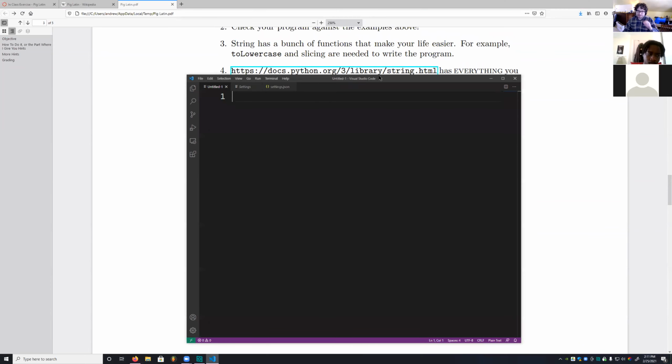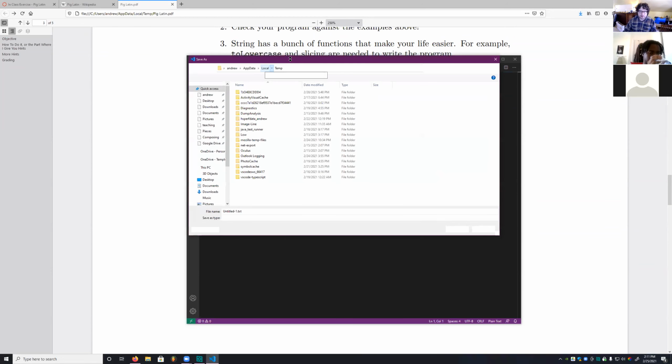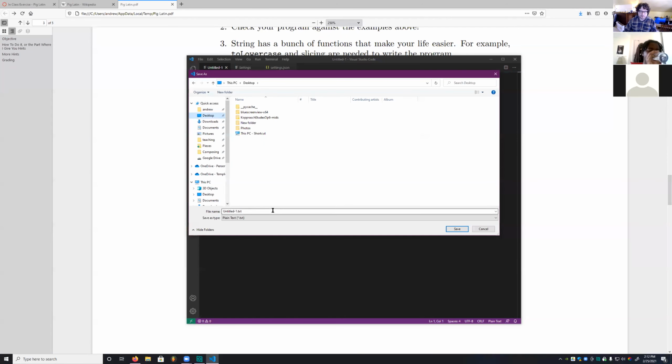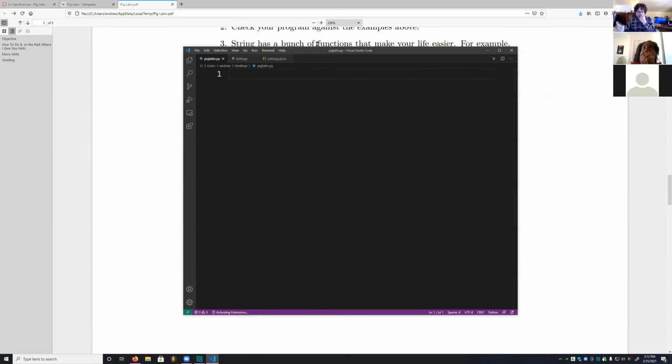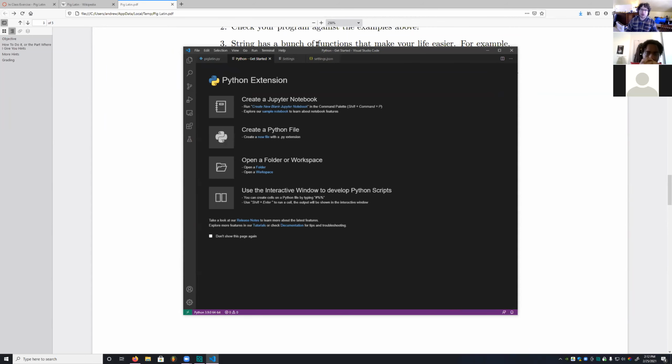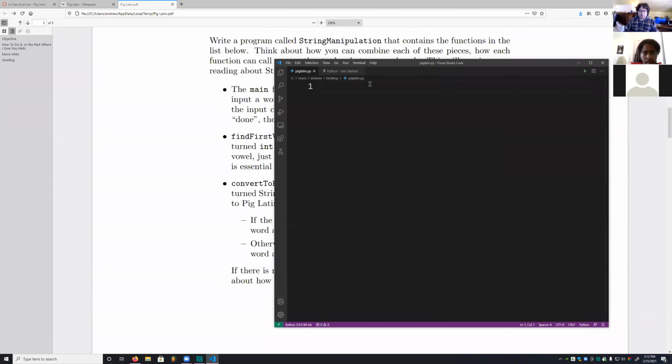So let's get started. Let's go ahead and save. Let's see, Desktop. I'm just going to call it piglatin.python rather than string manipulation because that's shorter. All right. So rather than trying to work on the main function and all that other stuff, let's start by working on find first vowel, which given a string,